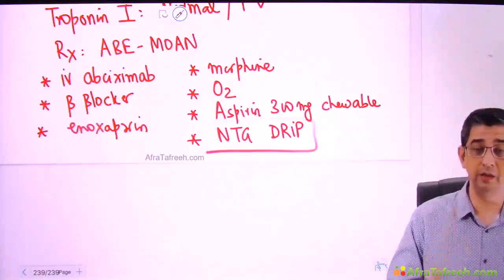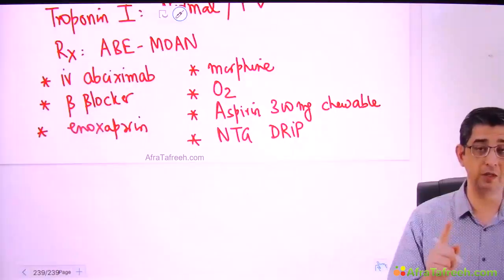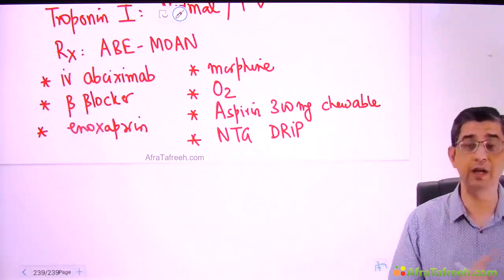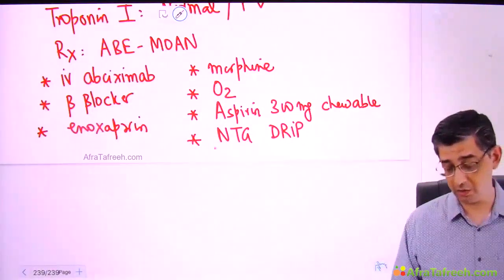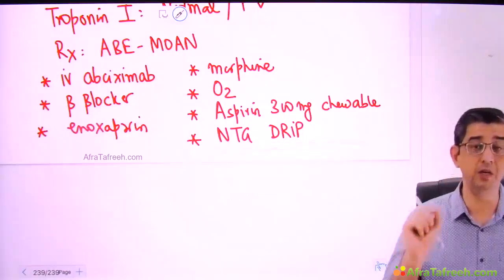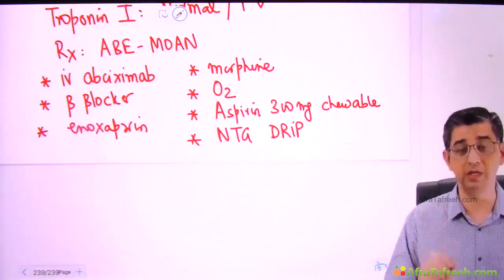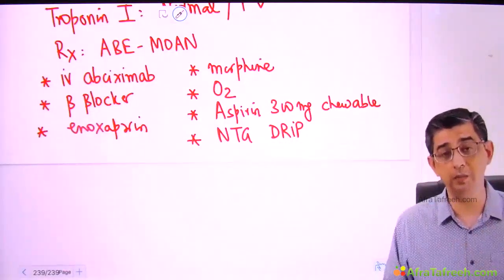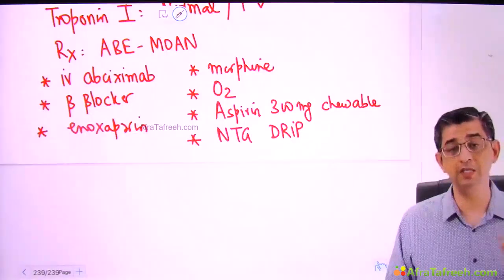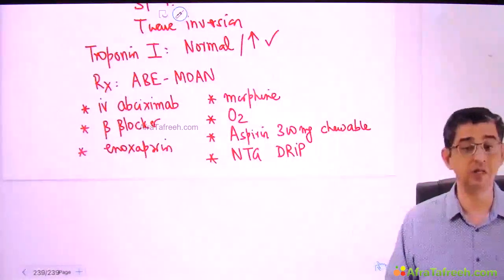I want to highlight the fact that when I was teaching you chronic stable angina, I said nitrates have not had any mortality benefit. I hope you recall that. But now in unstable angina, this is definitely going to have a significant mortality reduction. I repeat the fact once again: nitrates are for symptomatic relief in chronic stable angina, no mortality benefit. But the drug of choice for unstable angina is going to be answered as what I have just explained to you.